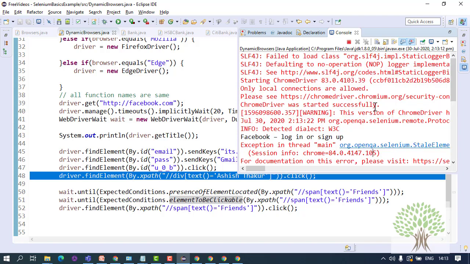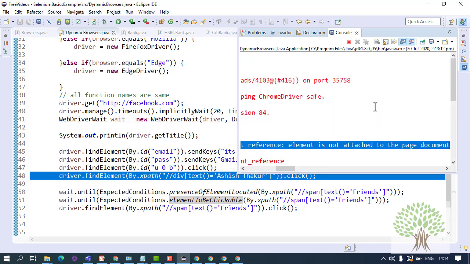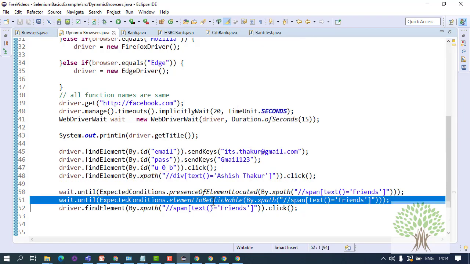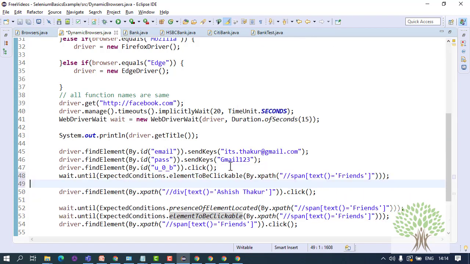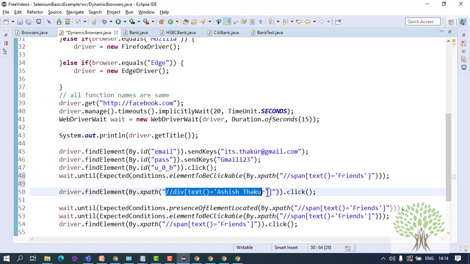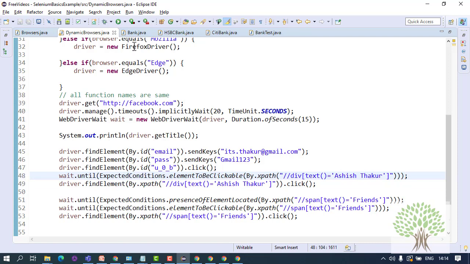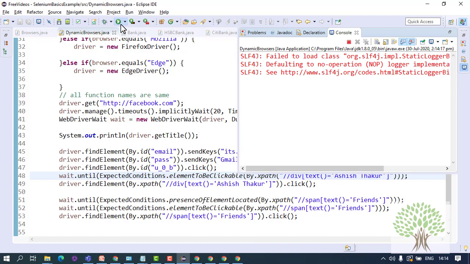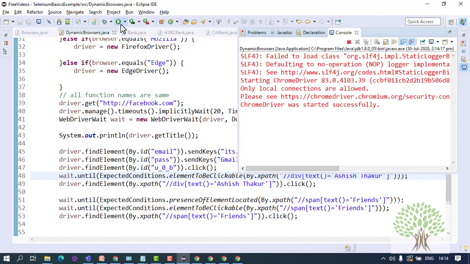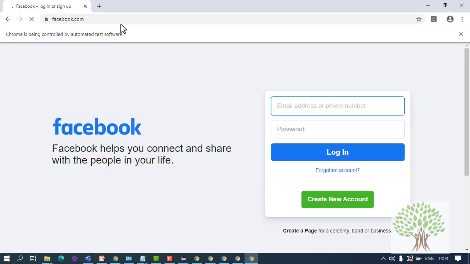Okay, that is stale element reference exception. Again, you can keep that a condition that this particular element should be clickable. Only after that interact with it. So these kind of things, they happen a lot in Ajax based websites. Fine. So we are still waiting to come over to the real problem.